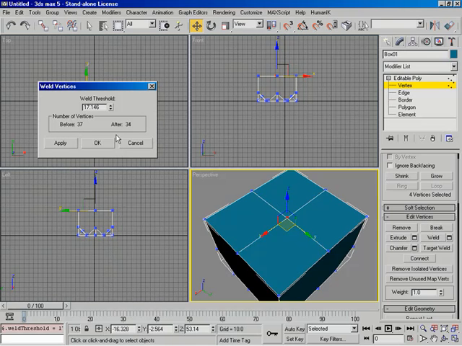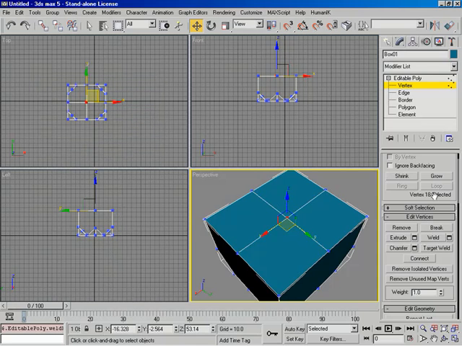Yep. If you think about it, we had 4 vertices selected. We just lost 3. Right. Leaving us with 34 because we still have 1 selected. There you go. All right. So we can go ahead now and let's see. What else do we want to do? We can go ahead and click OK. You see, obviously, we've got 1 vertex left if I do that. So I'll go ahead and click OK to show it. Vertex 18 is selected. But I want to go ahead and undo that operation because target weld, I think you